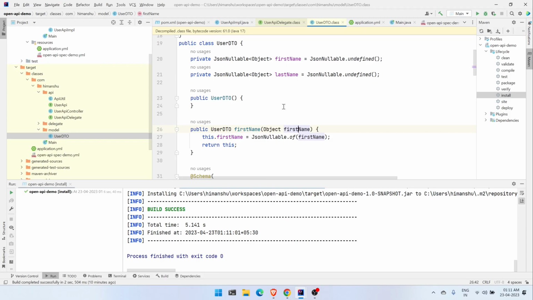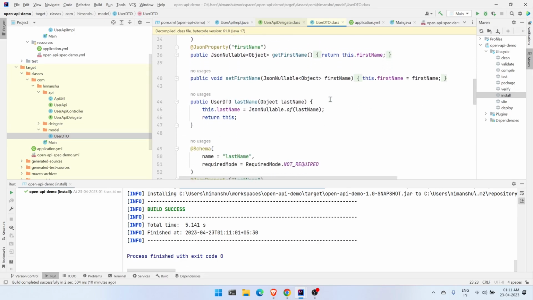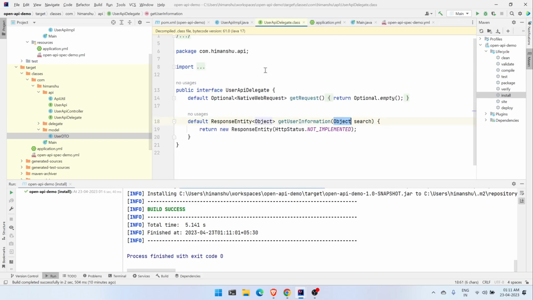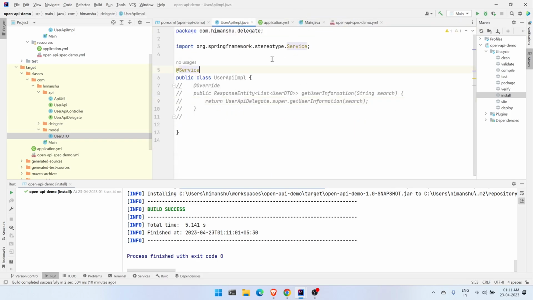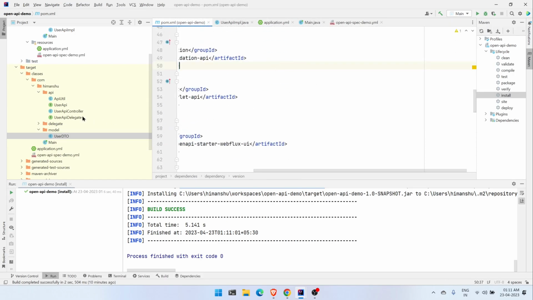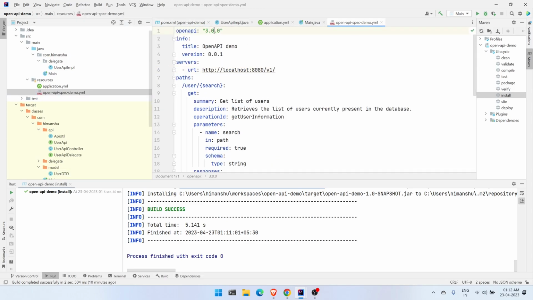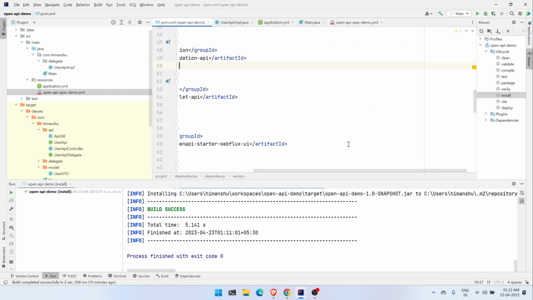So I tried to get this issue fixed by figuring out if there is any other option to work with 3.1.0, and finally I ended up with the solution to change your specification. At least for now, use the specification as 3.0.3. Maybe we get the fix at a later point of time, but at least for today it is not working. So I change it to 3.0.3 again, and by changing it, if I go back again over here,